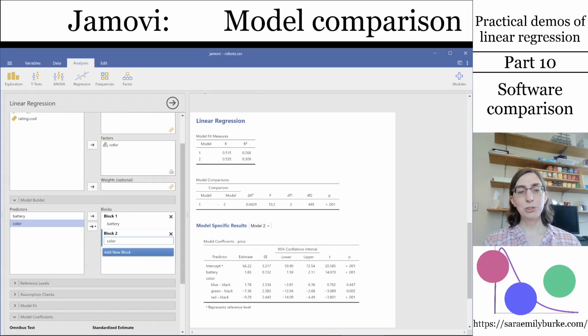And the result of including battery in block 1 and color in block 2 is that it fits one regression model that has only battery as a predictor. That's what block 1 is. And then block 2 is another regression model that will have all the same predictors as block 1 and then some. So this is a shorthand way of telling R, I want two regression models. The first one is just battery, and the second one is battery and color,